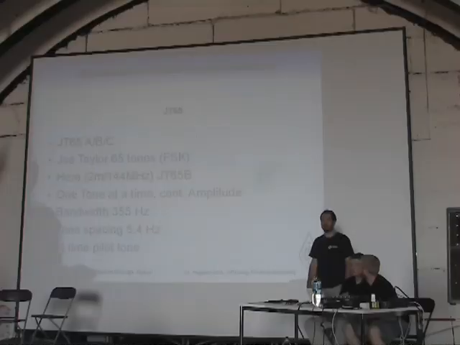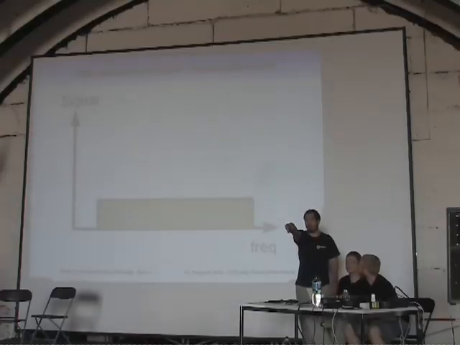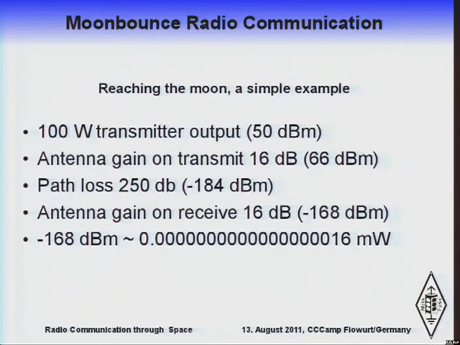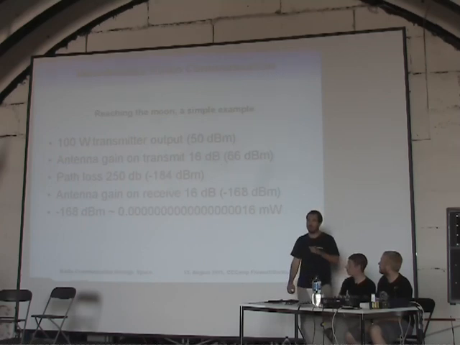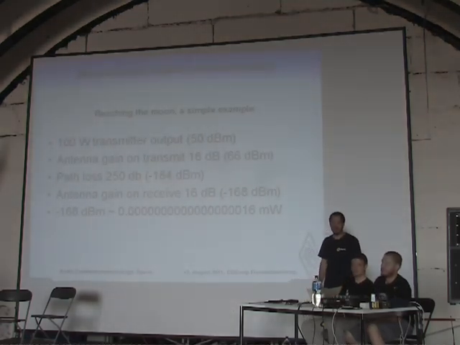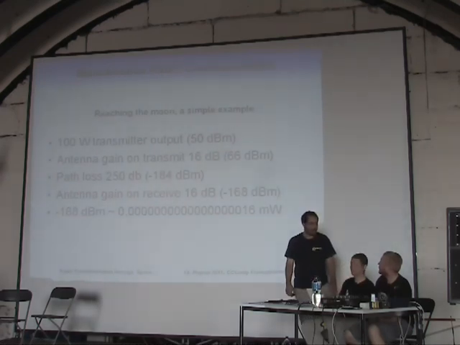For satellites, there are some satellites that do digital communication, and you can get up to 9,600 bits per second. That's not very much, but it's quite something for a do-it-yourself thing. And to the moon, it's much less. I think you have like 5 bits per second, something in that range. It's just a big distance.